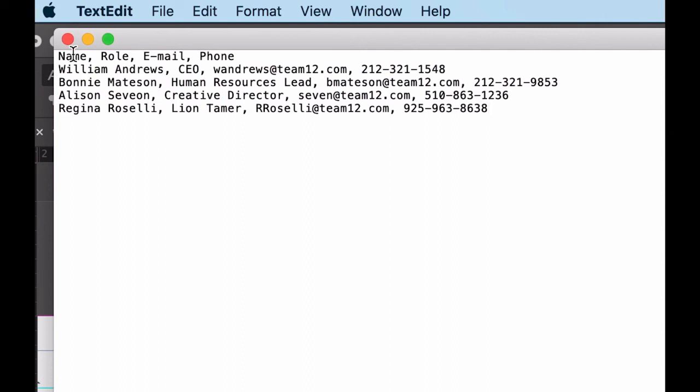So here in this TXT file, we have the first sentence, so to speak, as name, comma, space role, comma, space email, comma, space phone. And each of the subsequent lines, we have 4 of them, are the name, role, email, and phone number of